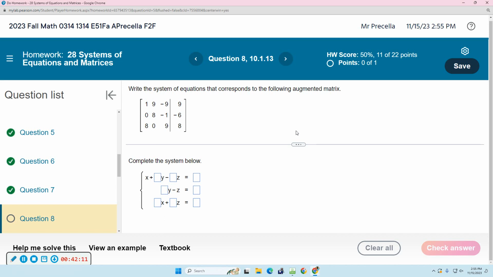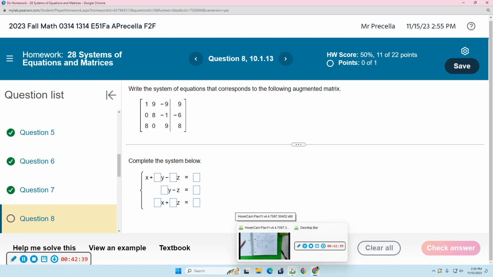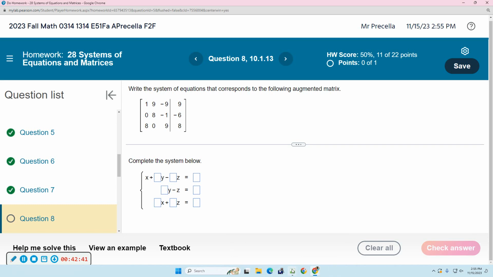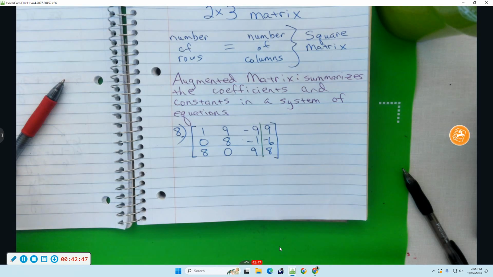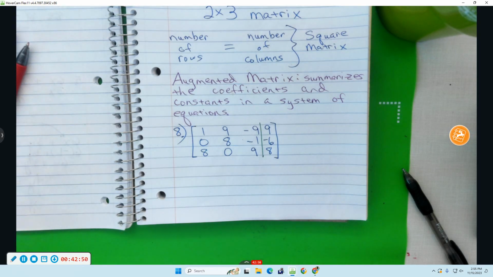And we have a vertical bar, and that is 9, -6, 8. Okay, let me make sure I didn't miscopy. Yes, okay. Oh, and notice down here, we're going backwards. We have the augmented matrix, we're writing the system, and they're telling us what letters to use. We're going to use X, Y, and Z. I could just as easily have said use A, B, C, or P, Q, R, but we're using X, Y,